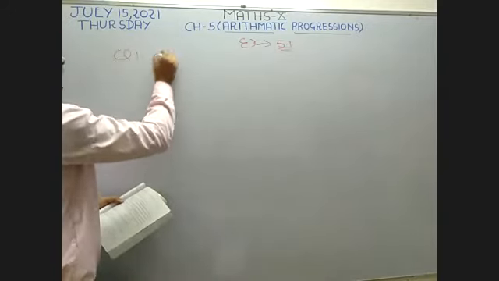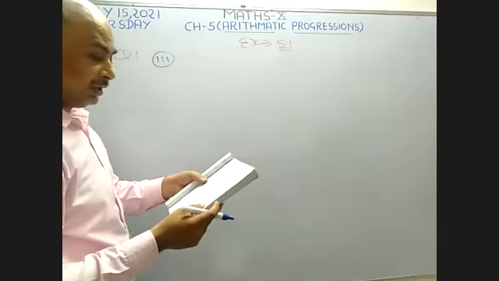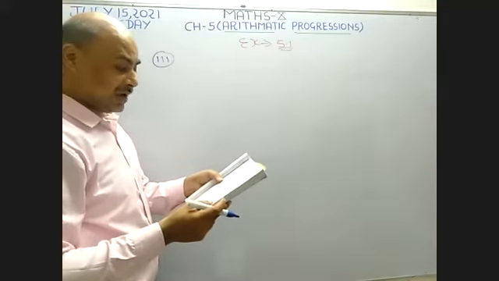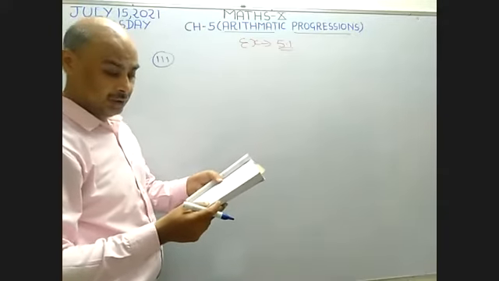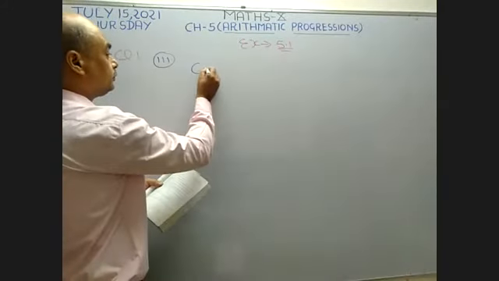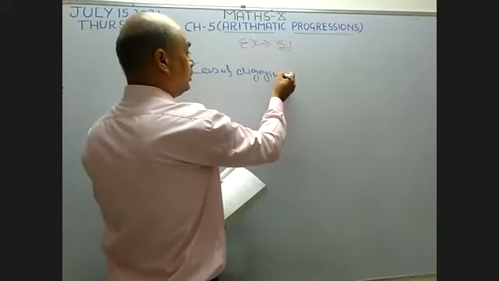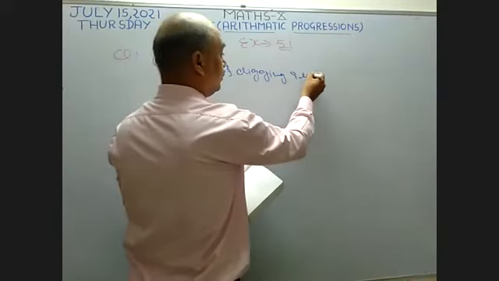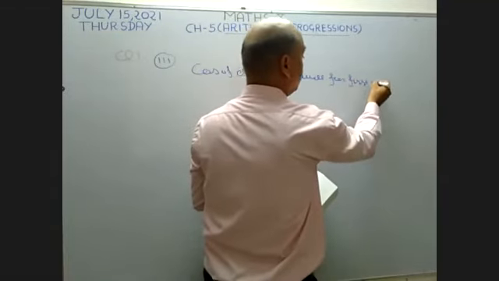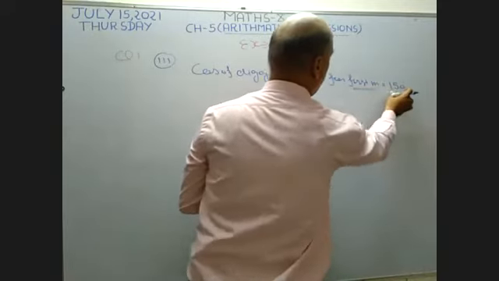Try it. Now I want to solve the third part. What is the third part? See. The cost of digging a well: the cost of the first meter of digging is rupees 150, and it is raised by rupees 50 for each subsequent meter. So you have to write here: the cost of digging a well for the first meter is rupees 150. For the first meter, he is going to pay rupees 150.